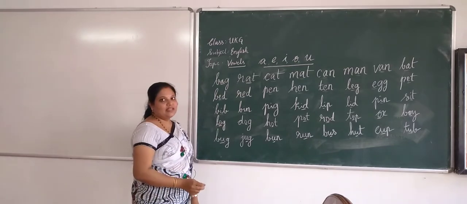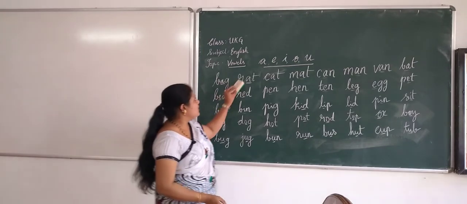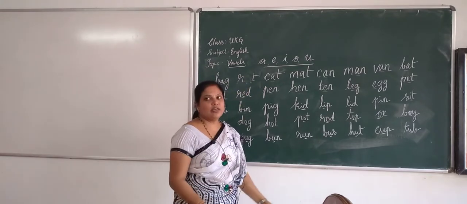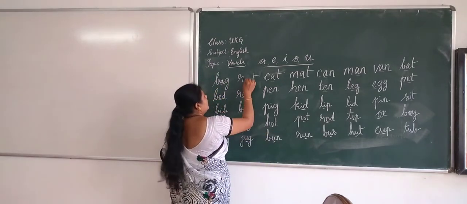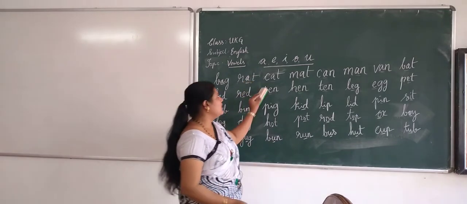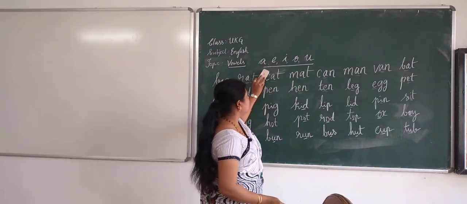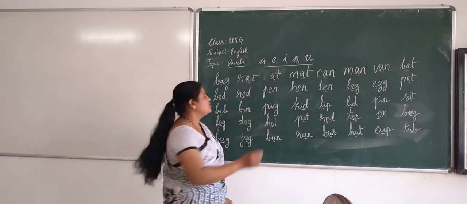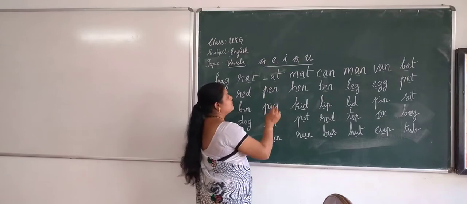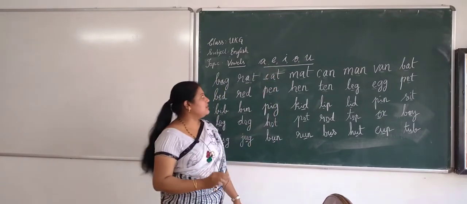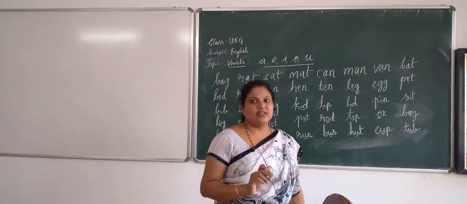Bag. Can you fill like this? Bag. Okay. Can you fill here? What is this? R and T is given. You can write some here. R-A-T, rat. Okay. If I rub this one, can you be able to write? Dash A-T. What do you fill here? C. If you write C, then it will become cat, right?